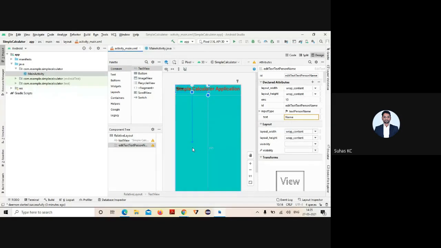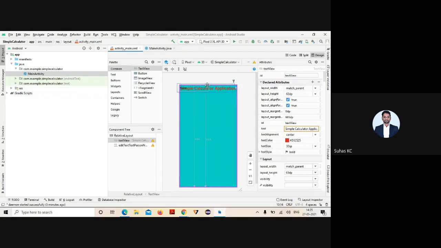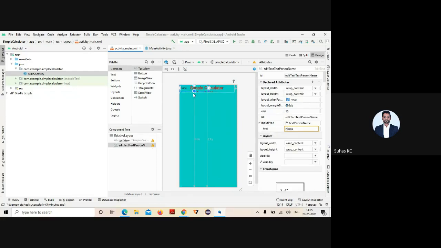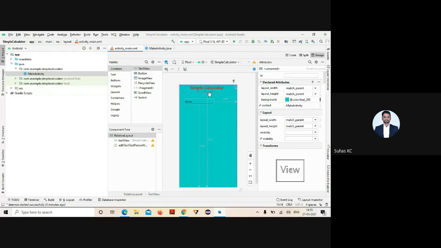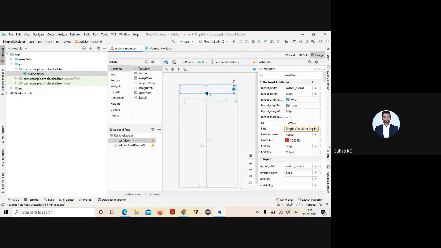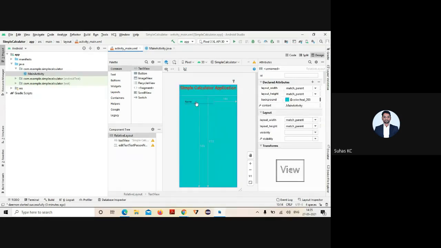Just drag and drop. But as soon as you drag and drop any component, the first and foremost thing is you need to set the x-axis and y-axis of that. Then drag and drop wherever you want. Hope you're getting this, guys. First component I've taken. I need one more component to read one more input.